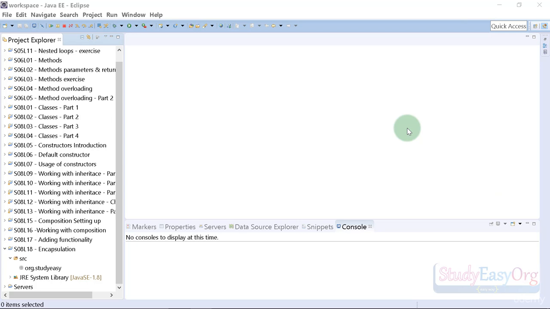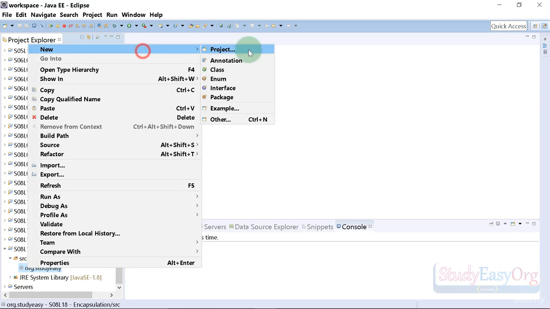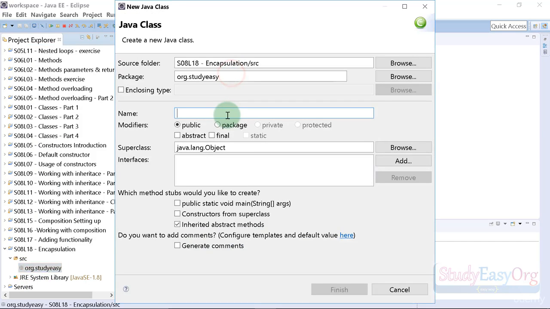Hey there, welcome back. So today we will check out yet another very important concept, which is encapsulation. In fact, we have already used encapsulation in our previous program, but today we will check this in detail. In order to save some time, I have already added this project,